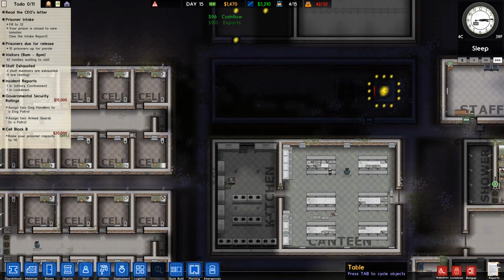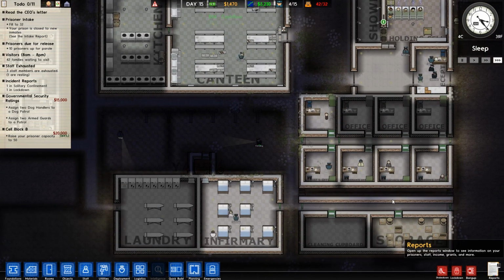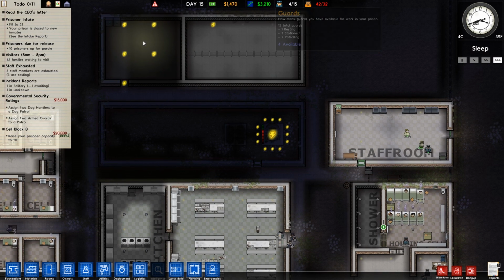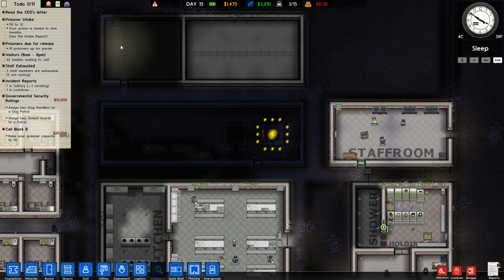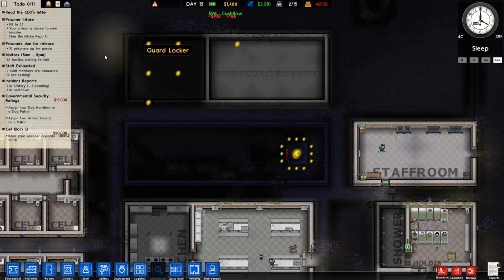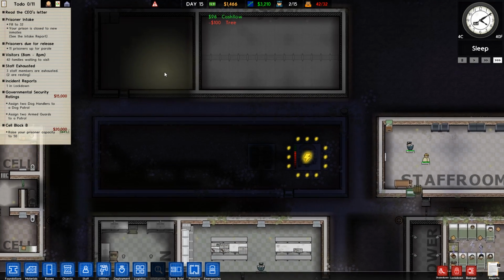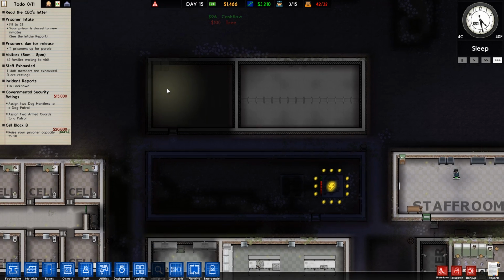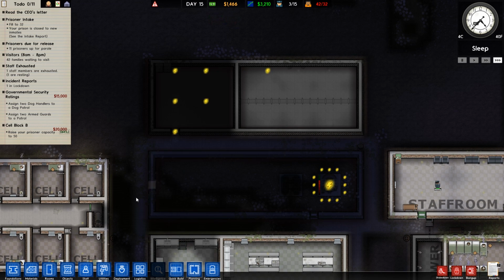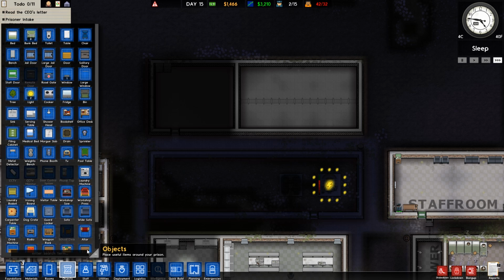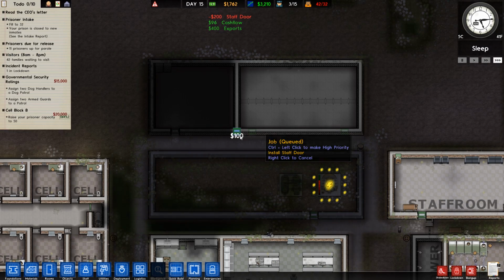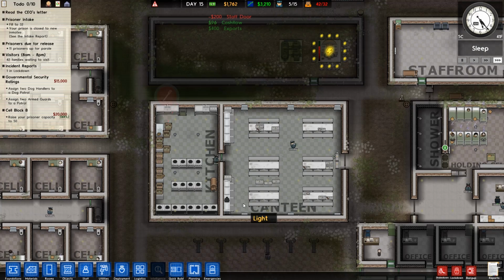We still don't have all of the electricity cable put in, but hopefully we are working on that. Now, we shouldn't need any heating in the armory, because that is a room that won't be used all that often. That room is probably way bigger than it actually needs to be. I think I sometimes overestimate the amount of space you need for some of these rooms, but that's fine. We need to get a door in here. That might be one of the problems. The fact that we don't actually have a door in this room means the workmen can't get in here to put the cable in. I'm going to put 2 doors in